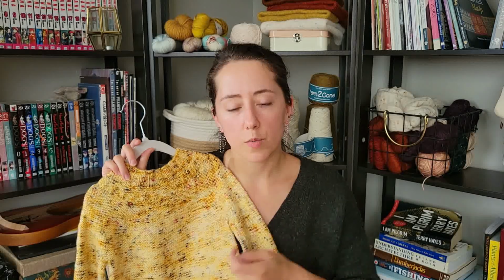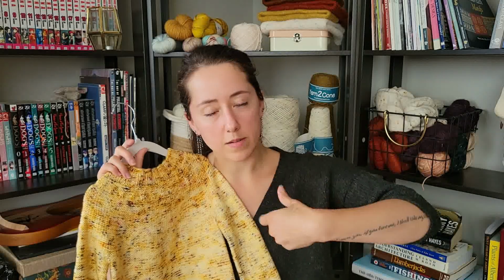The thing about stockinette is that when you're knitting, it wants to roll. So if you're knitting it from the purl side, it wants to roll inwards. So you kind of have to fight your knitting the whole time you're knitting something, and it was becoming such a pain, constantly having to try to unroll it. It was just so irritating that I didn't want to be fighting my knitting. So